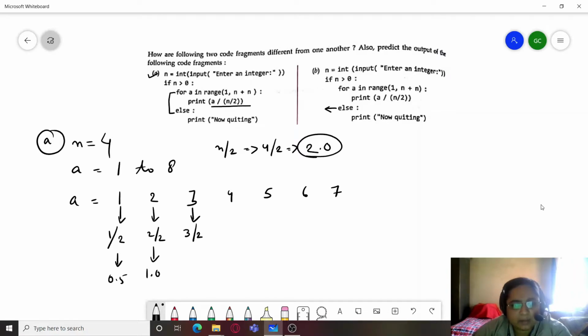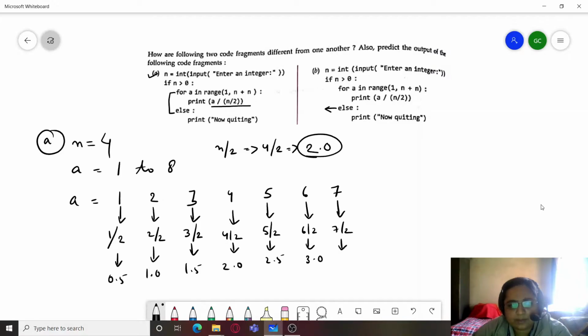So all the answers will be in float. So 3 divided by 2, we will get 1.5. 4 divided by 2, we will get 2.0. 5 divided by 2, we will get 2.5. 6 divided by 2, we will get 3.0, and 7 divided by 2, we will get 3.5.